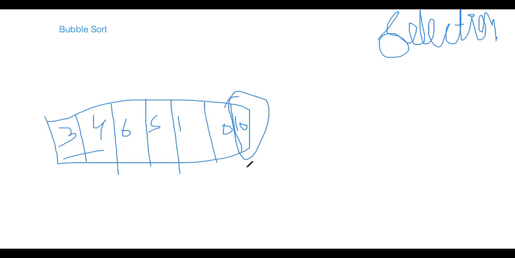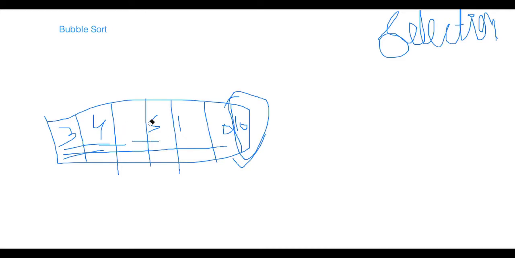Then what will happen is we will forget this one, and again we will run one more loop, but this time from here to the second last. Why second last? Because now we have pushed the largest element to the last position, right? Now we will do it again. Again we will do the swapping work. So 3 to 4, we are good. 4 to 6, we are good. 6 to 5, we are not good,